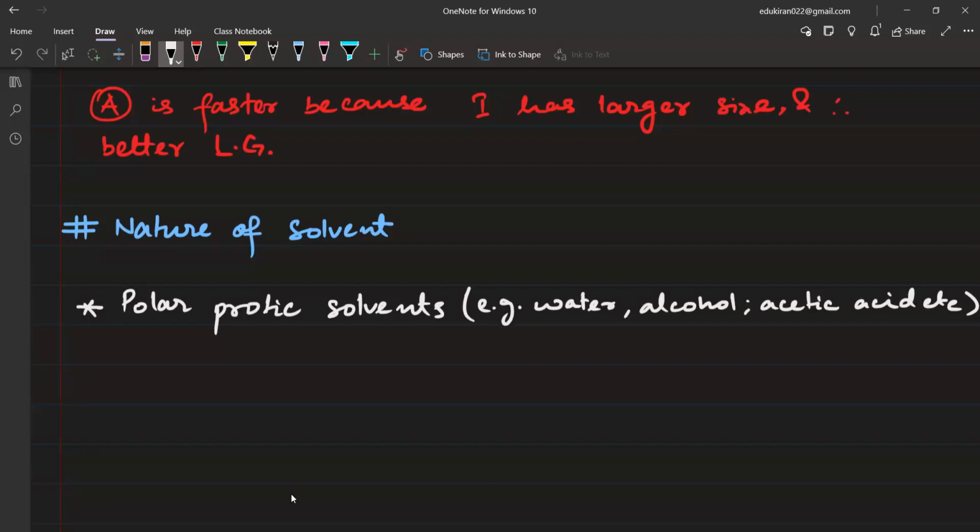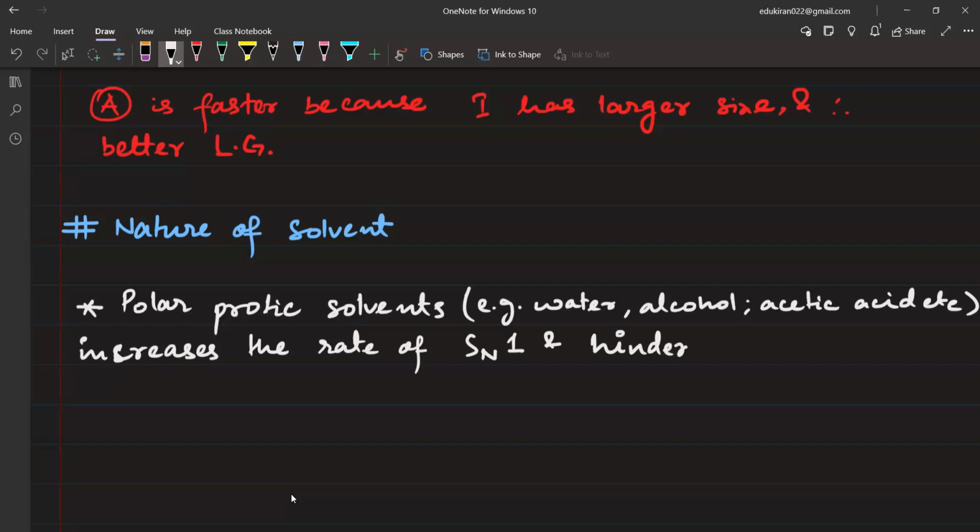Polar protic solvents increase the rate of SN1 and hinder reactivity of SN2. That is why we are going to use